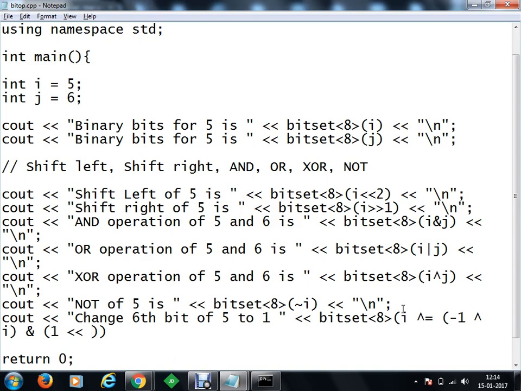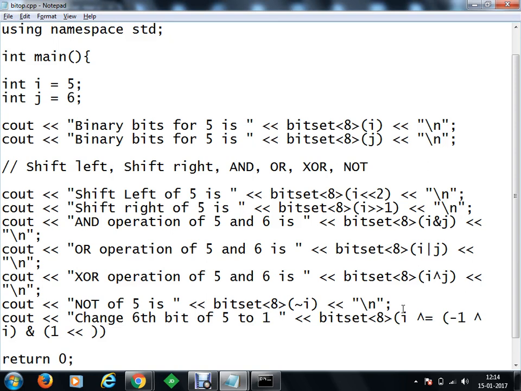About the bit order: the rightmost bit is the least significant bit and the leftmost is the most significant bit. Index actually starts from the LSB, least significant bit, and that is 0. So your index will go 0, 1, 2, 3, 4, 5 from right to left. Sometimes people take 0 to n from left to right, so that is not correct.